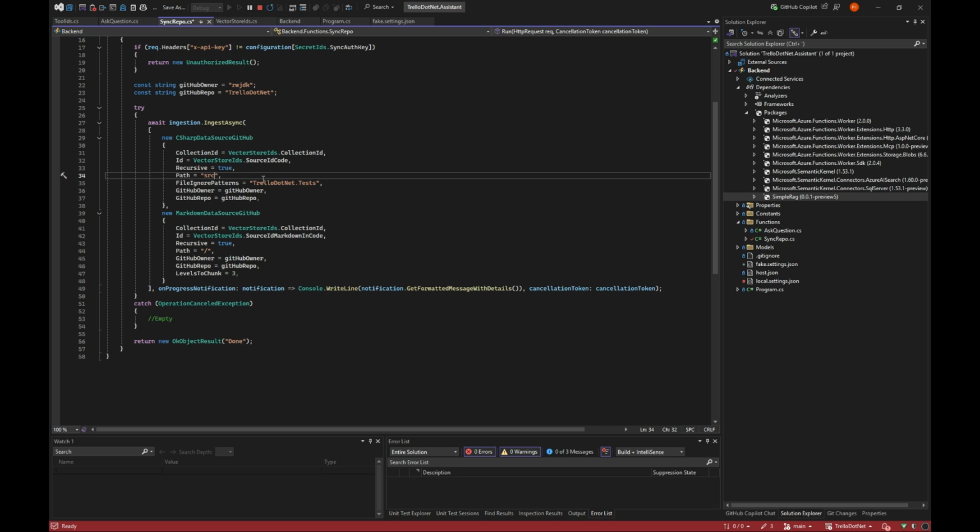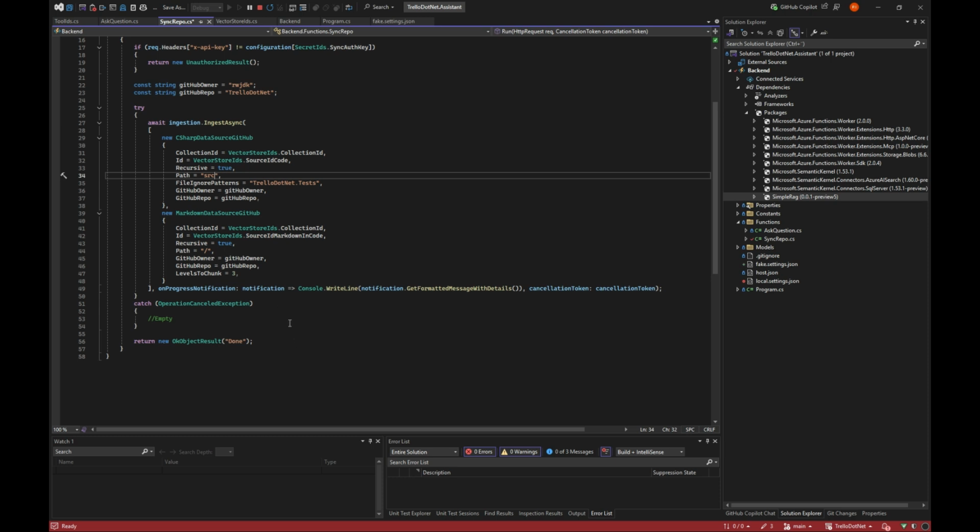So for example, a C# class is being turned into what constructors does it have, what methods does it have, and so on. And each file is turned into at least one, but most likely multiple different vector store data.